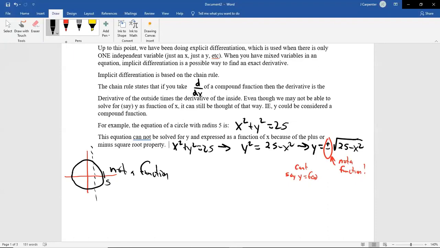So again, that's when this can be helpful. If I wanted to find the derivative of this thing, dy dx, you'd say, oh, well, first solve it for y and then take the derivative, but you can't solve this for y and take a derivative because it's not a function, and you can only take derivatives traditionally of functions. So that's the explicit side of things. Now we're going implicit, and we do this kind of chain rule thing.